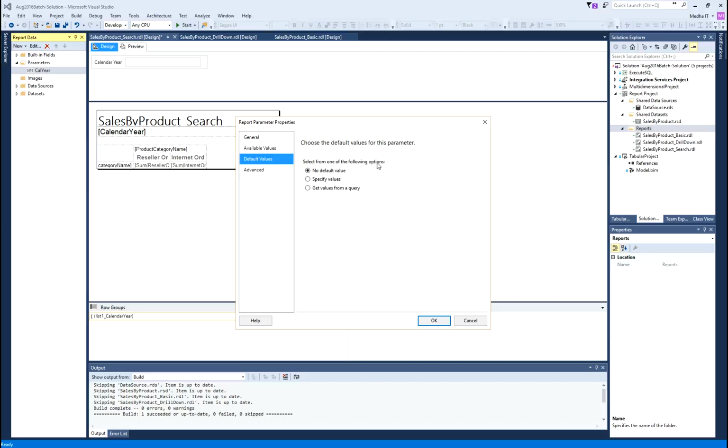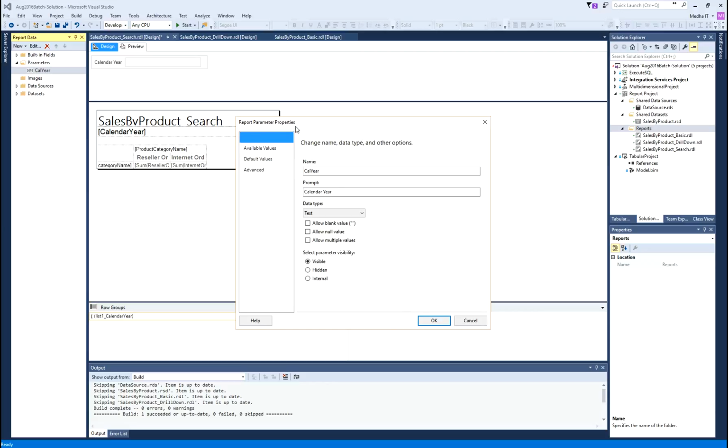Then default values: are there any default values available, or are there any default values we want to provide for this particular parameter. Then if you go to advanced, this is how and when to refresh this parameter. Okay. So, those are the options or properties available for each parameter in the report.